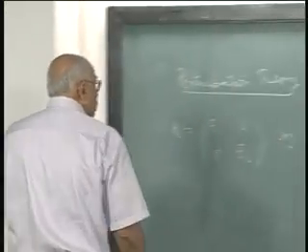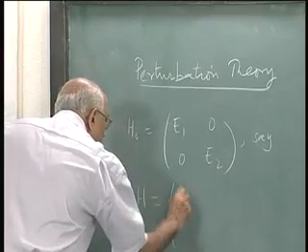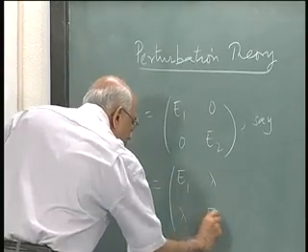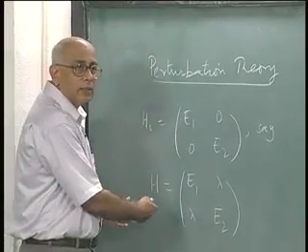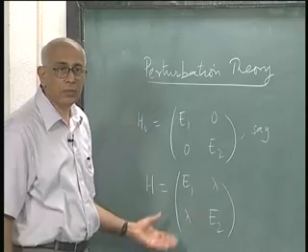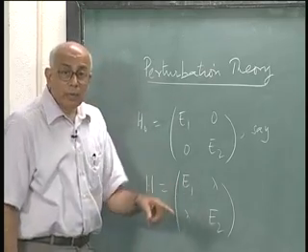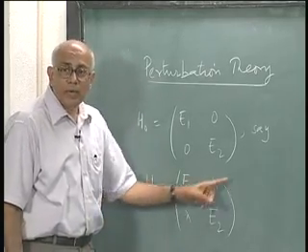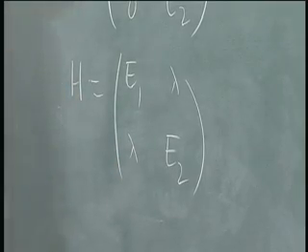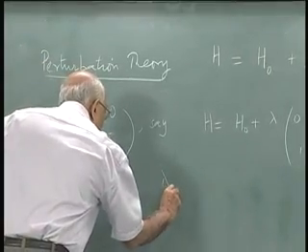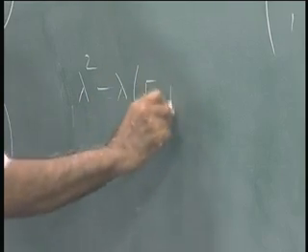Okay. Then the question is, what are the new eigenvalues? Well, this is not hard to do because H now is E1, lambda, lambda, E2, and the task is to find the eigenvalues of this 2 by 2 matrix, which is trivial to do, but they clearly will not remain E1 and E2, they will have a certain function of lambda in addition to the original eigenvalue. So what is this thing equal to? So lambda 1, 2 equal to, you have to solve the following secular equation. You have to solve lambda squared minus lambda times E1 plus E2